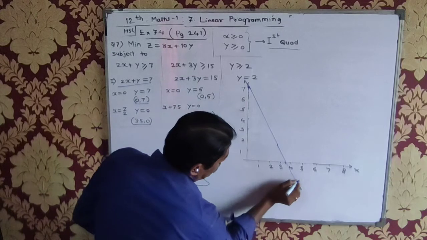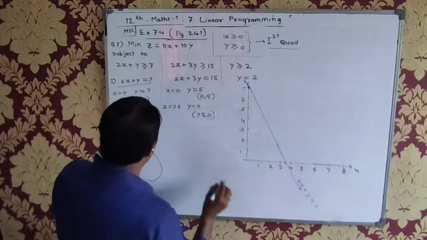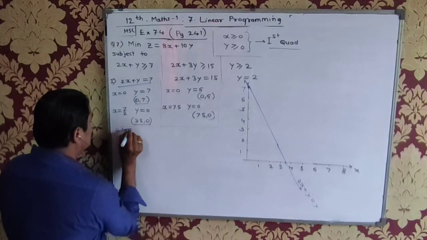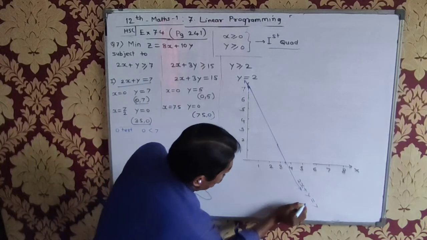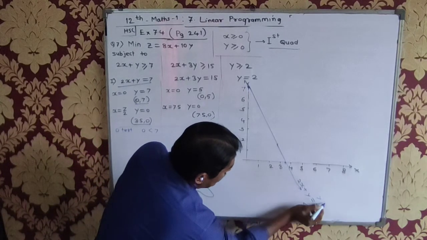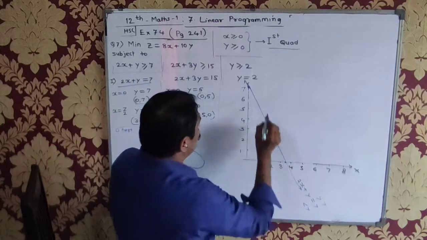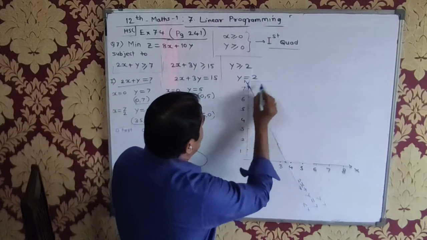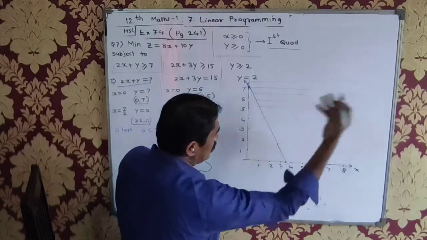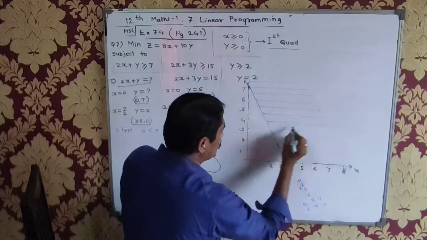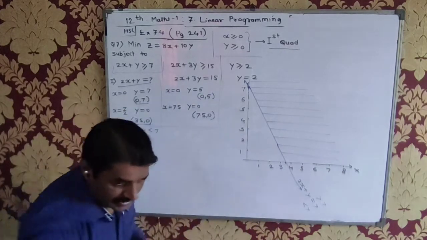2x plus y is equal to 7. ओरिजिन टेस्ट अगर लेते हैं हम तो 0 is less than 7, तो ओरिजिन साइड में होगा less than 7, नॉन ओरिजिन साइड greater than 7, and we want greater than or equal to 7. So we want all the points which are on the line and above the line, that is on the non-origin side. This is origin side, over non-origin side. Is this clear to you all? Hello? Are you all understanding this?